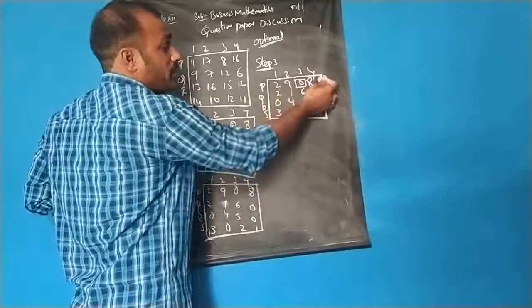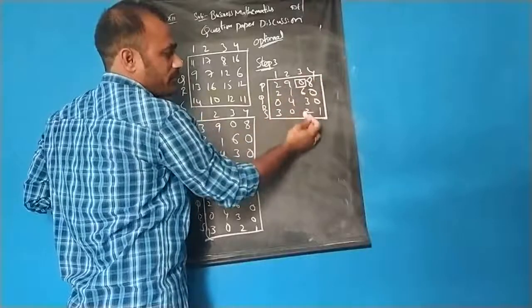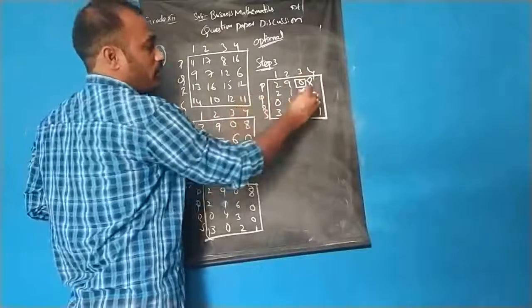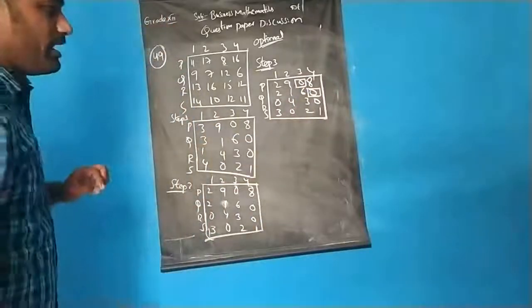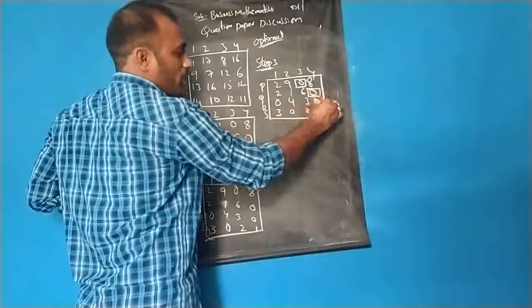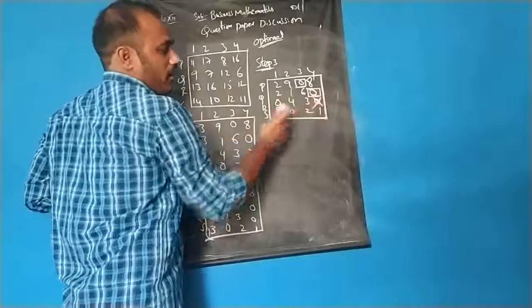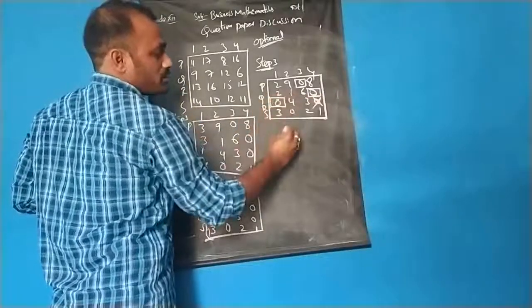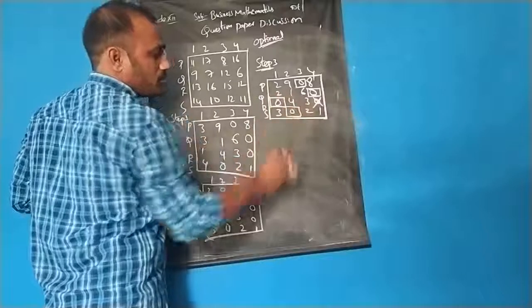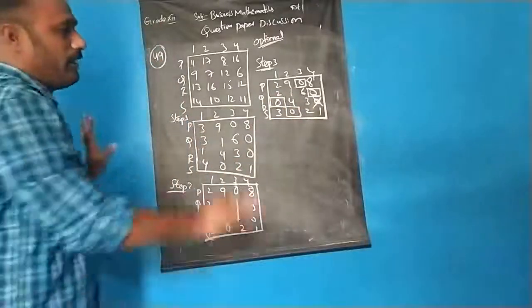Any other zeros in that row or column, we have to cross off. So no option here. In the second row we have one more here. So this one we can take into consideration and this one will be crossed off. Why? Because we have another 0. In the third row we have only one 0, because the other is already crossed off. In the fourth row we have one more 0. So totally we have found the optimal solution.